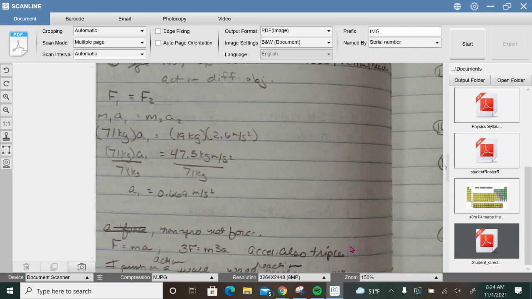Number 9, a non-zero net force. Number 10, acceleration triples. Number 11,